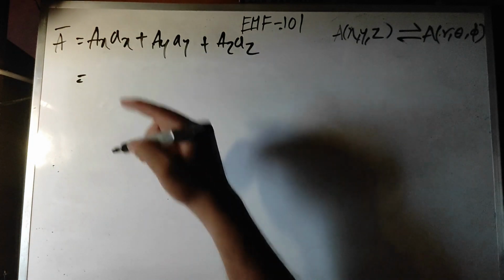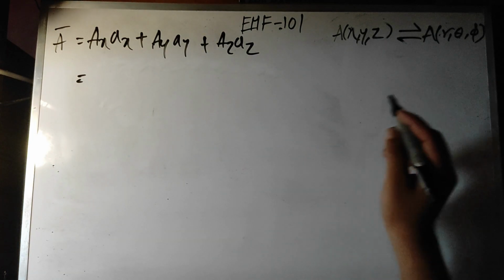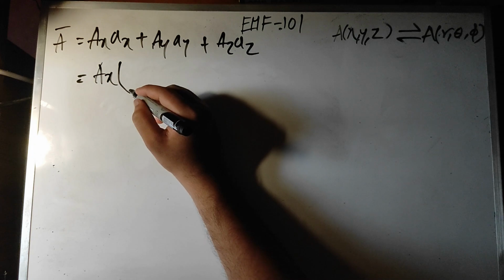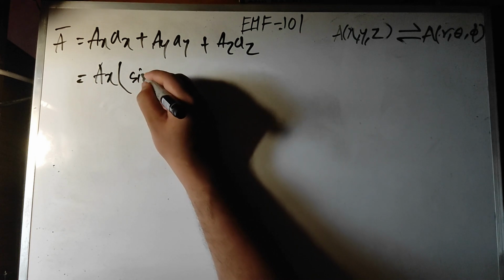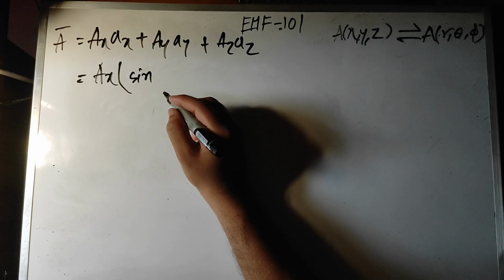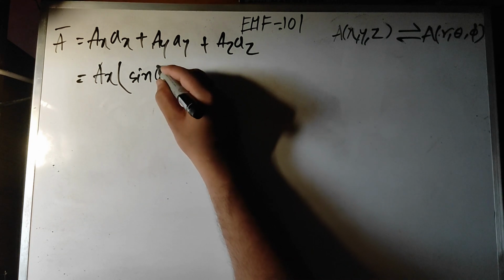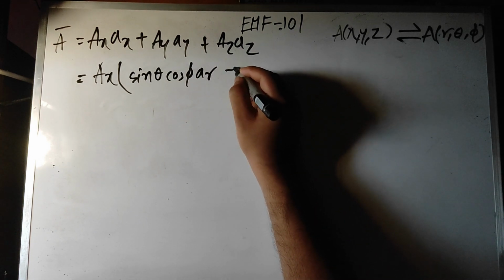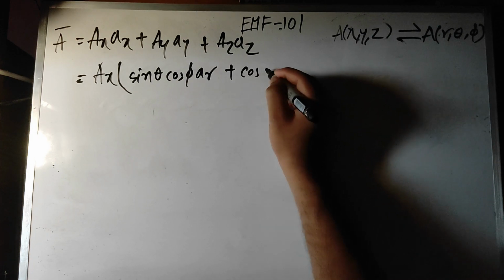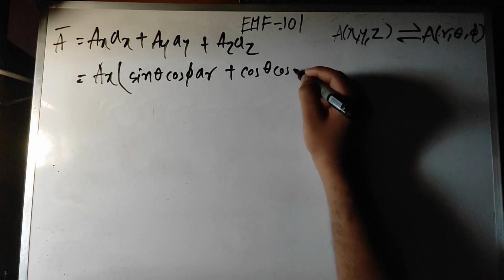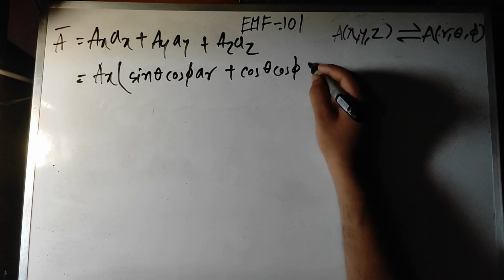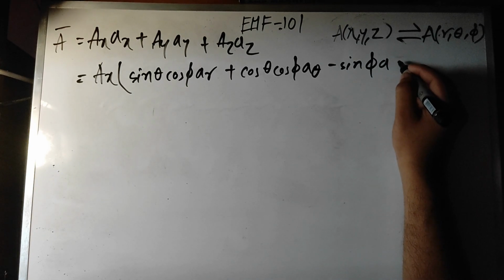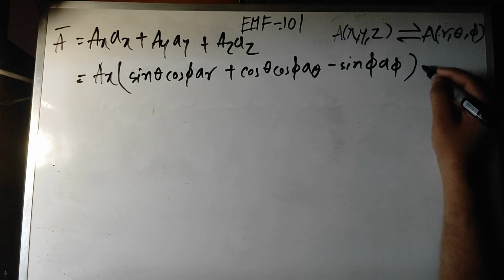Now just put the value of unit vector AX in terms of AR, A theta and A phi. From the previous video we have seen that AX has the components sin theta cos phi in the direction AR plus cos theta cos phi A theta and minus sin phi A phi, plus